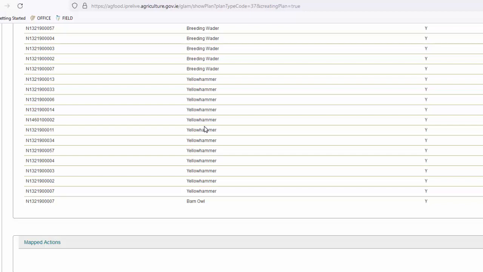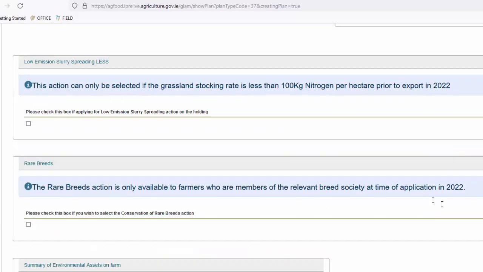So there is a list of actions that would suit these areas. Say for barn owl, the barn owl nest box and the grass margins grassland. So it is about helping to get some suitable measures in the right place. So if we look at these in the map,